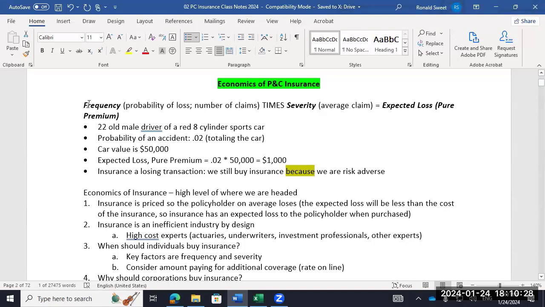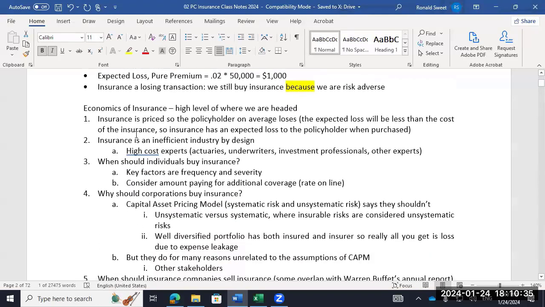So it all comes down. We'll see a lot of this when we talk the credit scores. All right, so insurance is price. So the policyholder on average is going to lose, and that's because they have to charge more than expected loss. Can you go in knowing you're going to win? You know you're a horrible driver, but the insurance company doesn't. Yeah, I guess that's possible. They're going to figure it out pretty fast, though, aren't they?